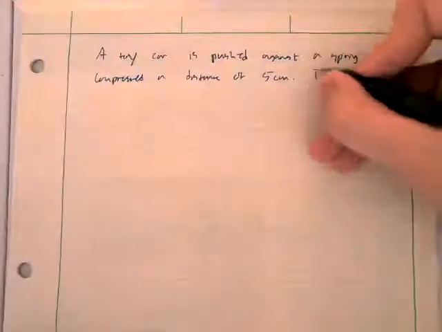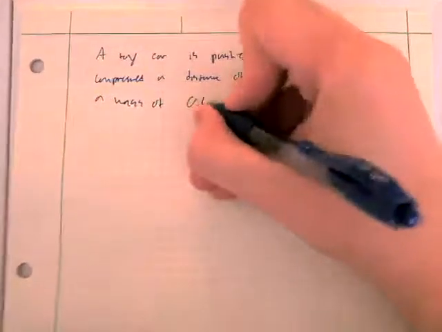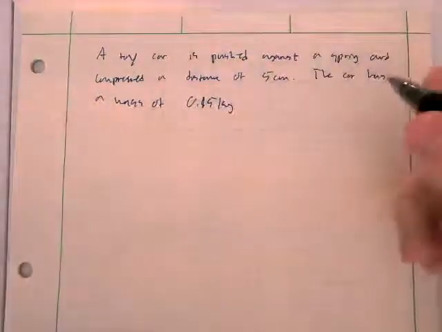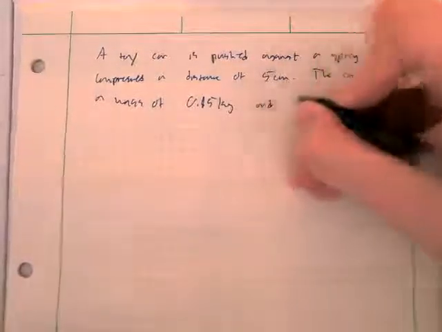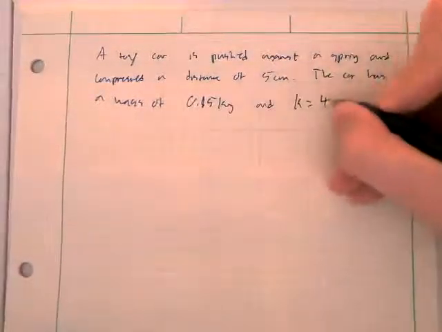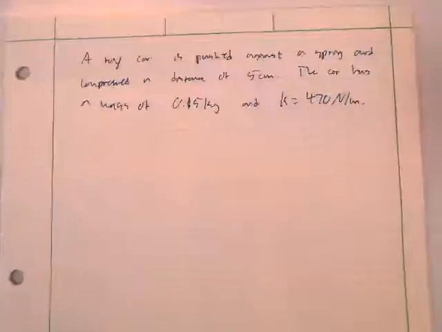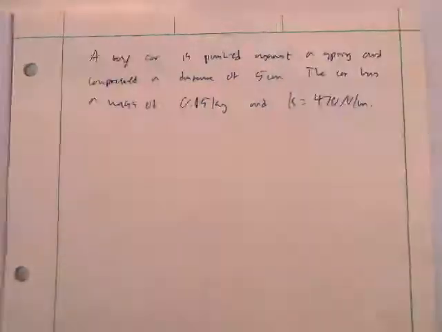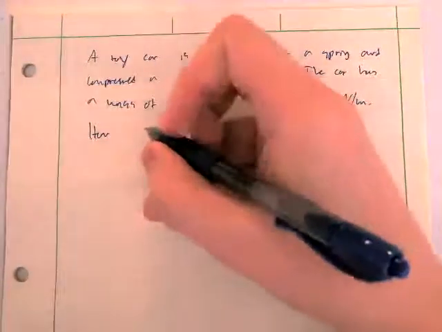Okay, so the car has a mass of 0.15 kilograms. I guess this is a pretty big Hot Wheels car, as it turns out. And the spring has a constant of 470 newtons per meter. So again, we've got this car on the spring. We're going to push it in, then let it go, and see how far it can go. And what we want to know is how fast